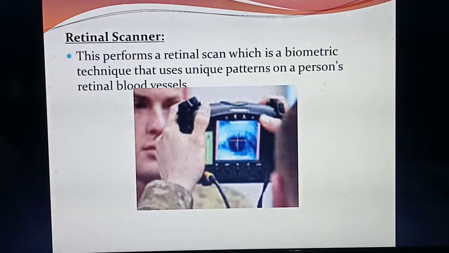Okay, this is also a biometric technique. So how does this retinal scanner work? Are you remembering when they took your Aadhaar card photo, first they took the thumb impression, then our retinal blood vessels? Do you remember that? Same way, it is the same. So the retinal scanner is also mainly used for which one? Biometric technique. Inside our eyes a lot of blood vessels are there. So this retinal scanner will scan our blood vessels inside the eye.